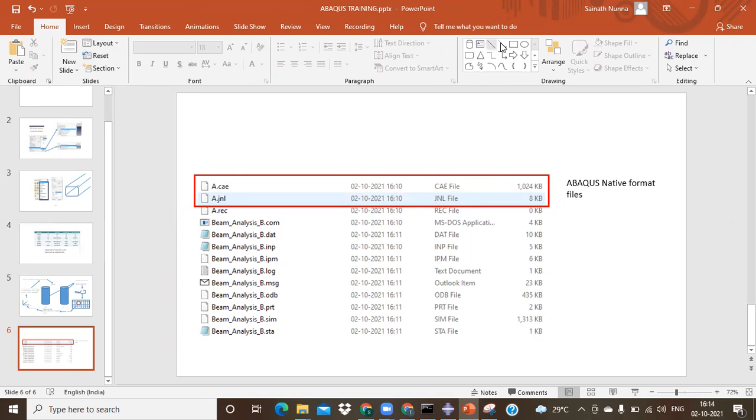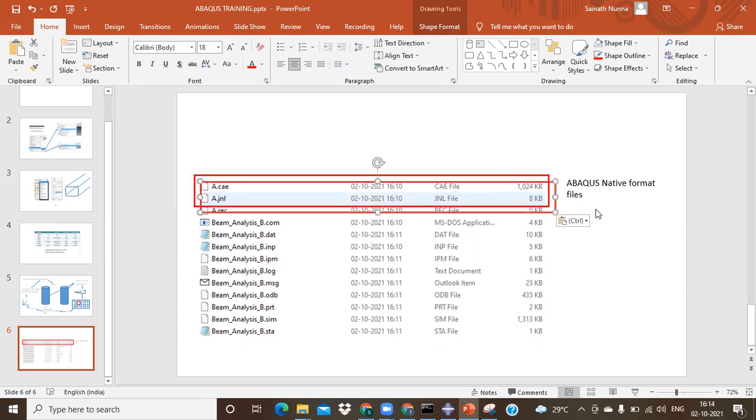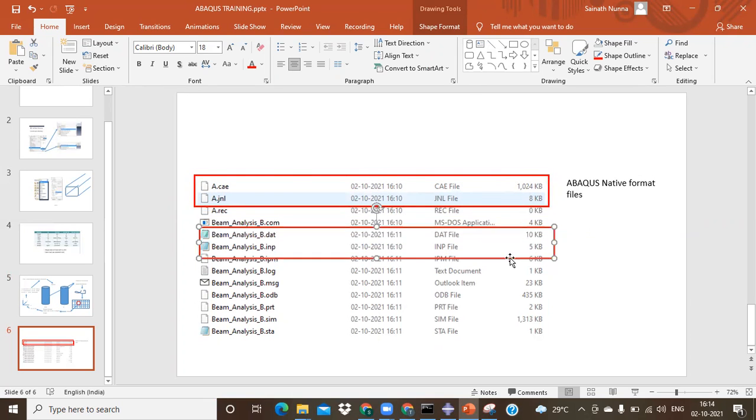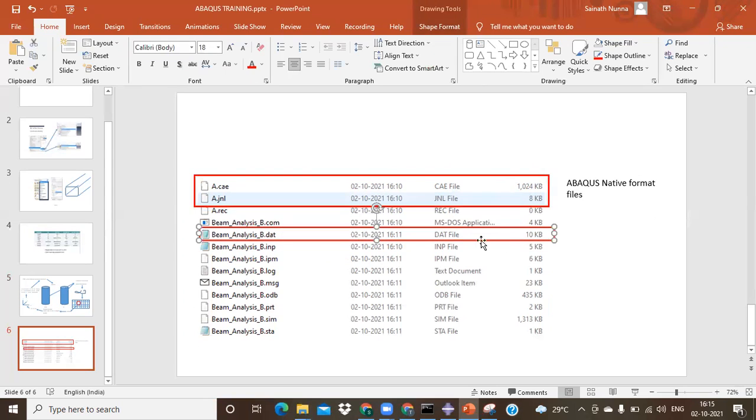And next, we have one more thing. That's where we need to talk about this particular DAT file. And after this DAT file, again we have one more thing to talk about immediately, the INP file.